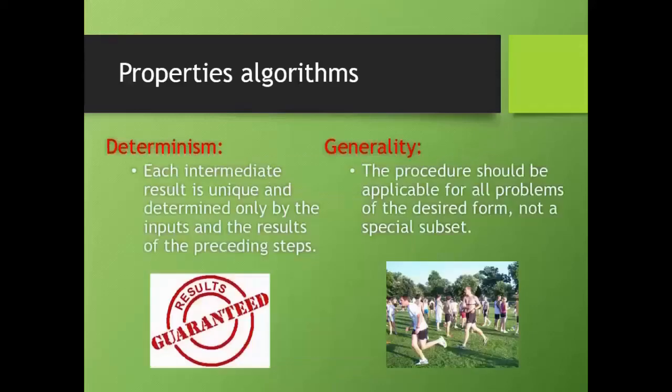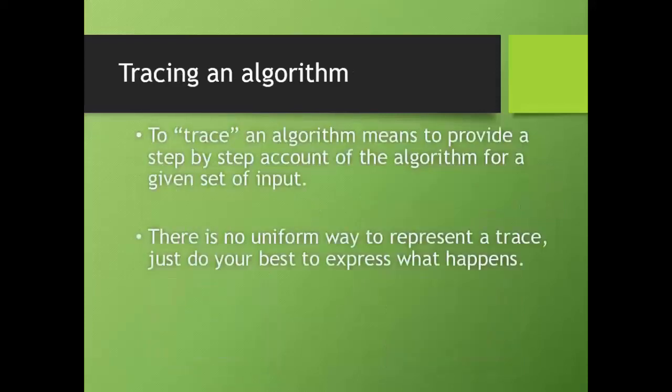Algorithms also are deterministic and apply in general to many types of input. They're deterministic. That means that every line of code, its value or output depends only upon the previous line of code and the current state of the machine. In this case, the current memory that's being stored for all the different data values. Generality means that in input, you tell me what the computer is supposed to accept. But generality means that you can make the input be anything from that set and it will still produce an output for you. Now, I'm about to go give you an example.